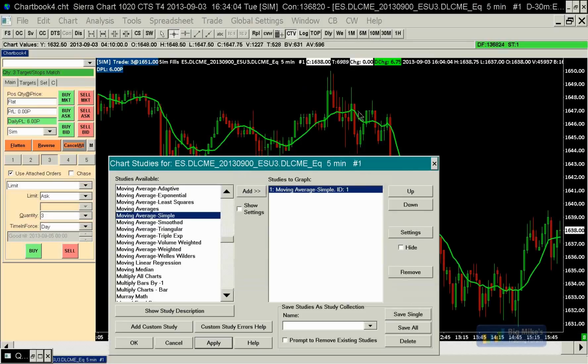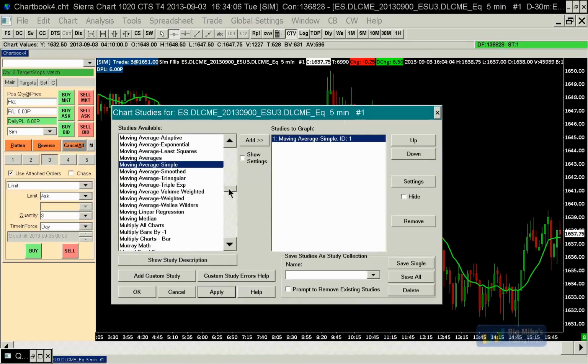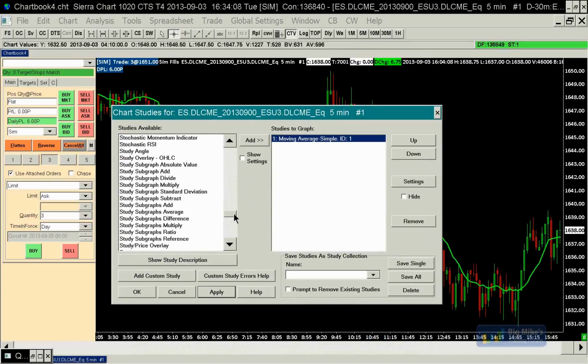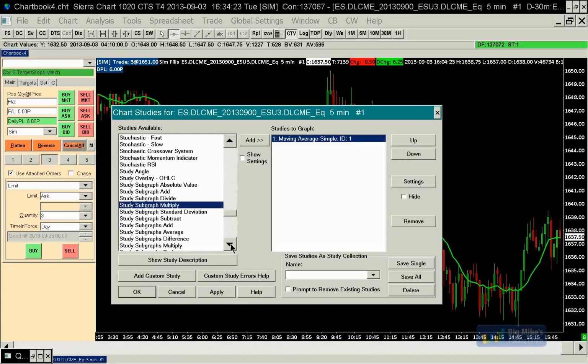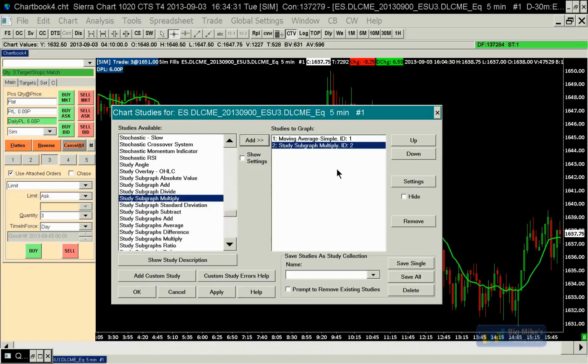Now, let's say we want to multiply that by, let's say, something like 1.2. I hope I'm understanding this correctly. But we have a series of arithmetic studies. They begin with Study Subgraph. One of them is Study Subgraph Multiply. So if I add that, and then I click settings,